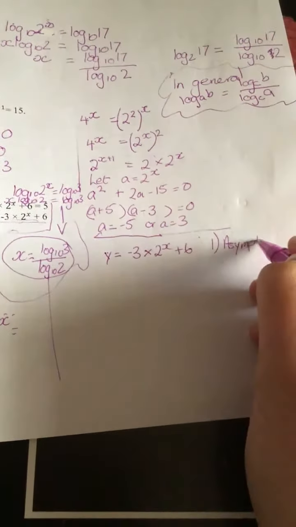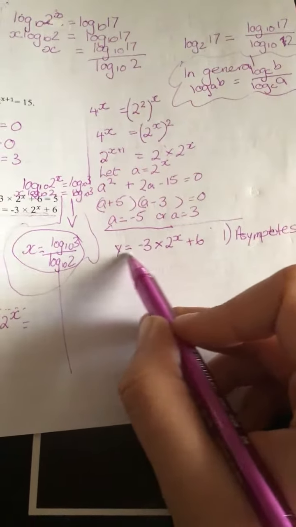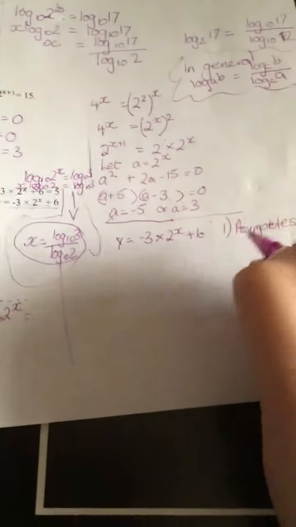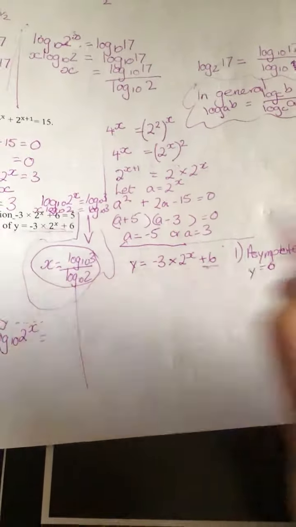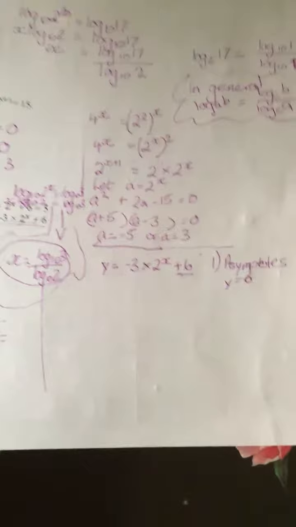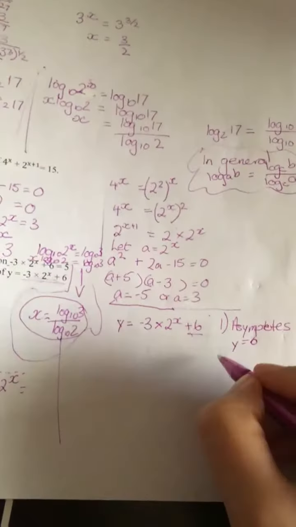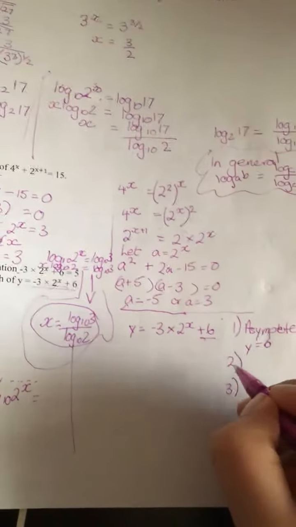Now your asymptotes for a graph where you've got an exponential graph, you're going to have a horizontal asymptote and it's going to be the k value, or this value plus, so it's going to be y equals 6. That's your asymptote. Now you could easily just put that on your calculator and use GSolve and get your values for your x-intercepts and y-intercepts, but actually it wouldn't be that hard to work out either,